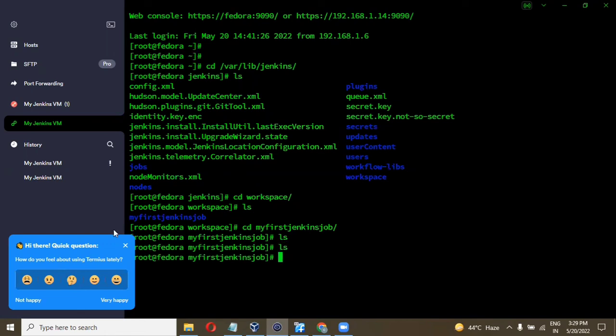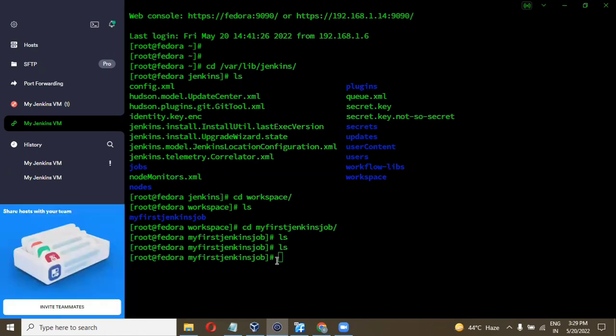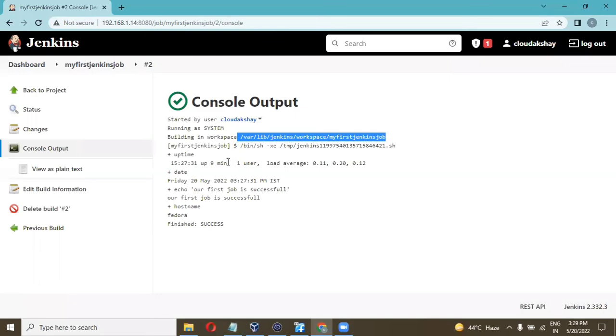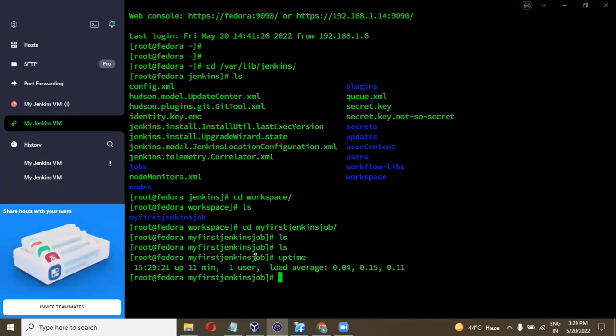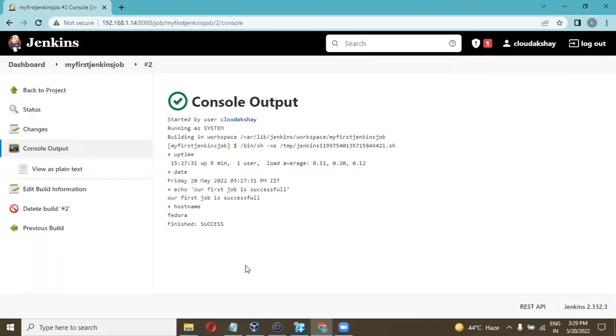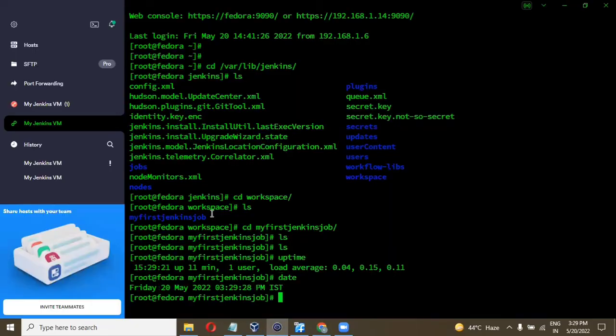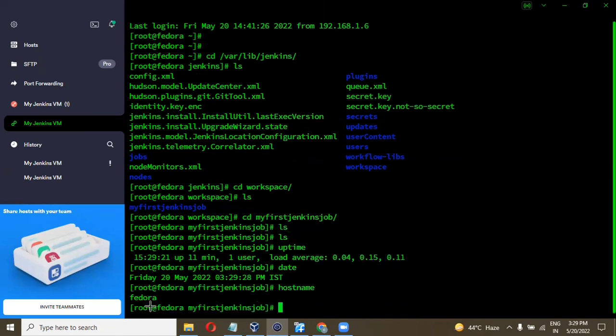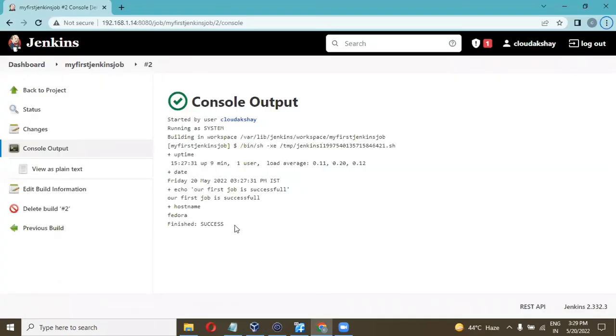If there is any artifact, it will be stored here, but we only ran a Linux command, that's why there is no artifact stored here. You can cross check things like date, time and uptime, and also the host name, Fedora, and you get the same output in Jenkins.